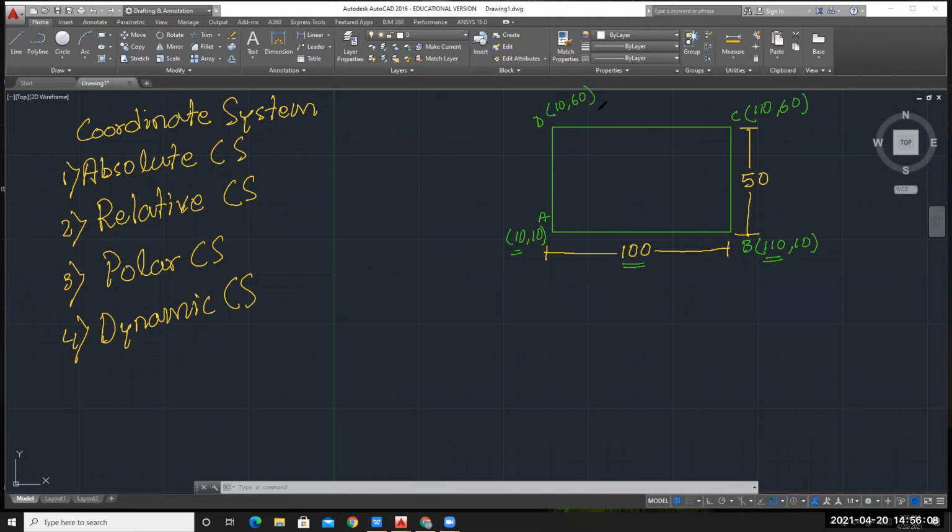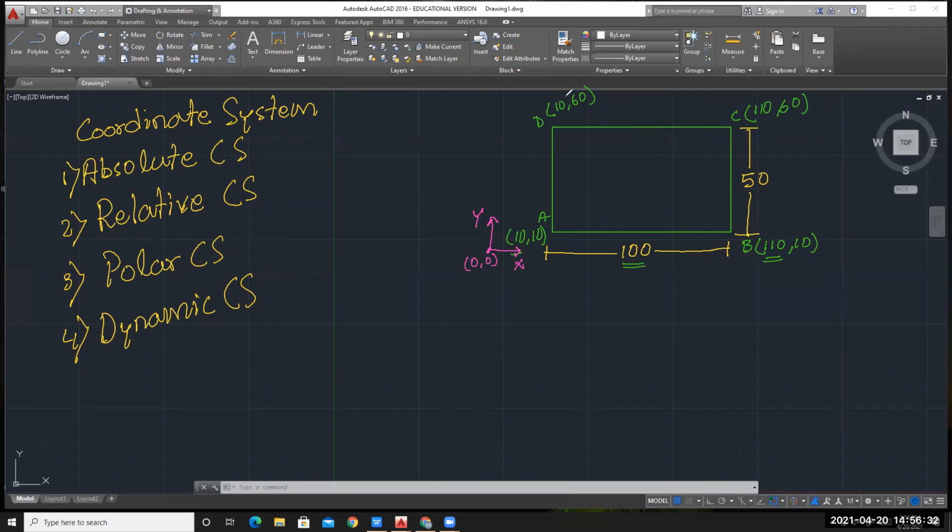So what I did, I have considered one coordinate system. Suppose this is my origin, this is my x-axis, and this is y-axis, and this is my origin, means 0 comma 0.